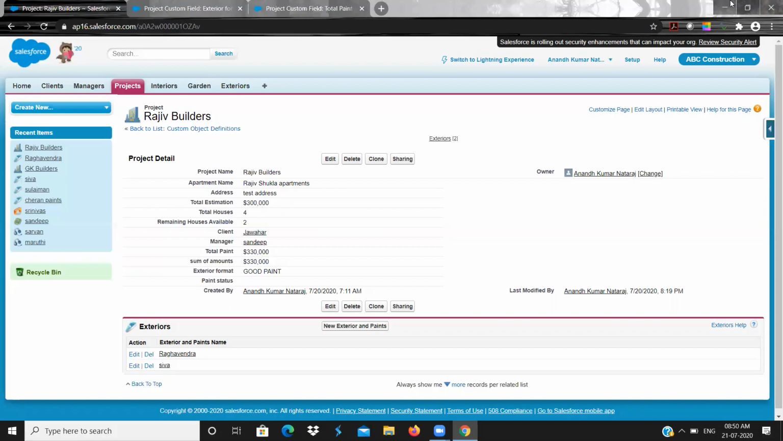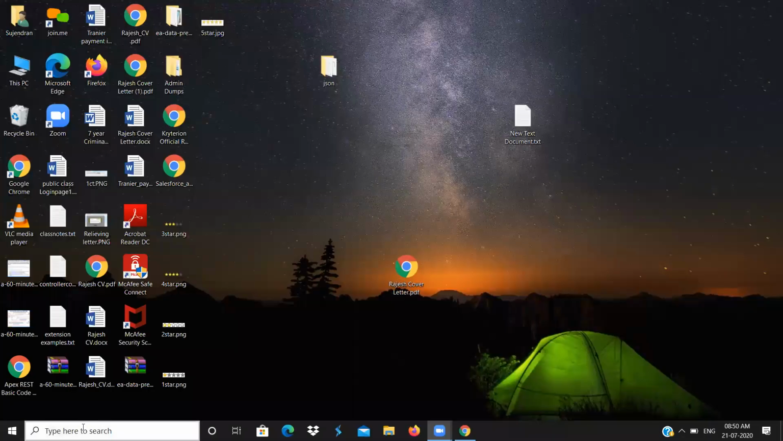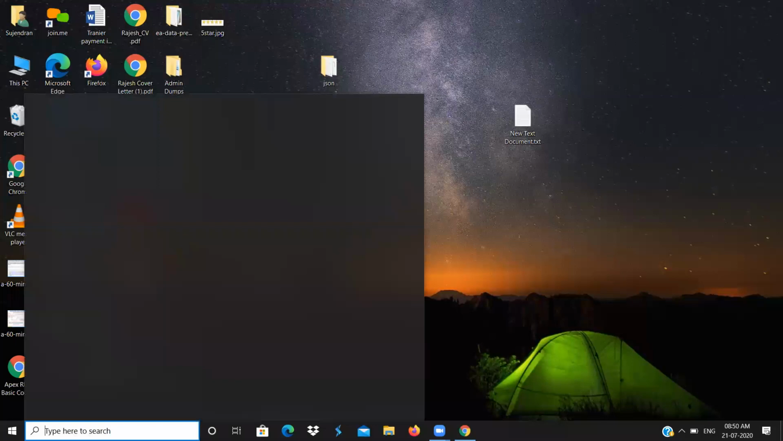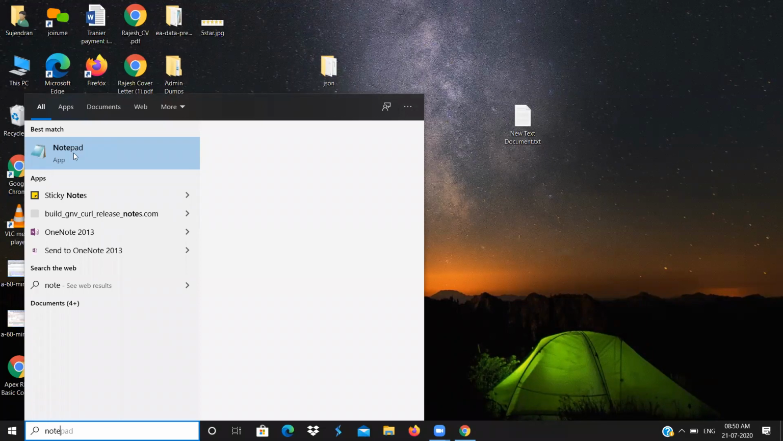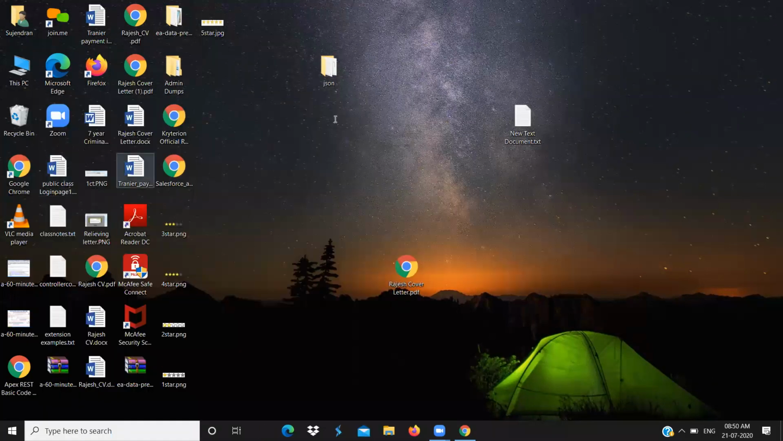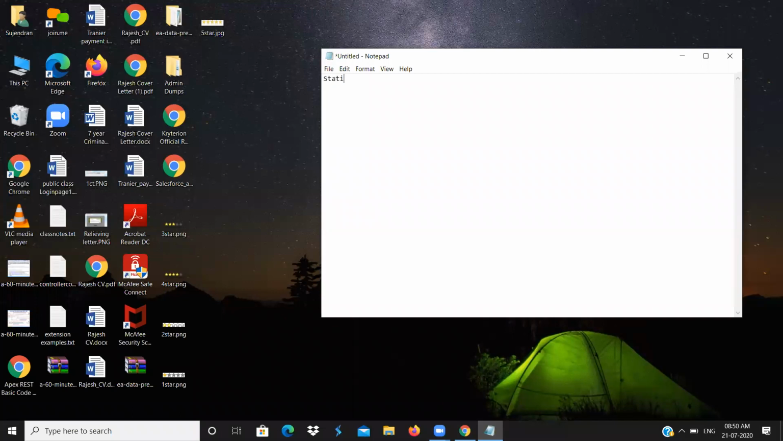Okay, fine. So, last class we saw about the static resources, right? Static resources. Okay. So, firstly, static resources are some small files. Like what do small files mean? You can have images